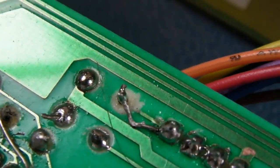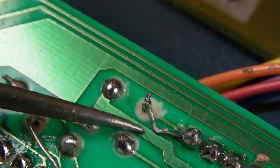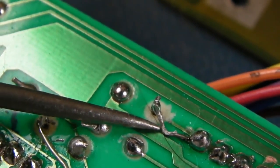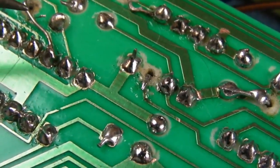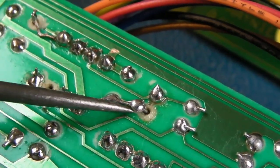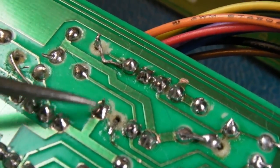Yeah, and there's another bodge there. I don't like that. It's too close to this trace here. Inductive coupling and stuff you get with things like that. That certainly needs moving away from this main rail. Anyway, all I'm going to do is literally remove some of these things, replace the wires with a more suitable,